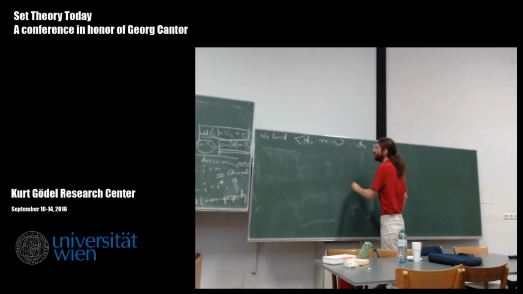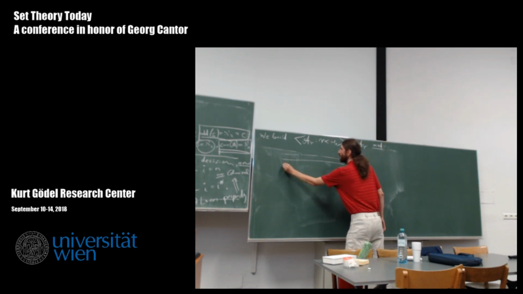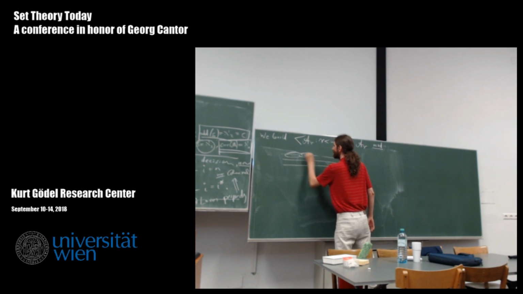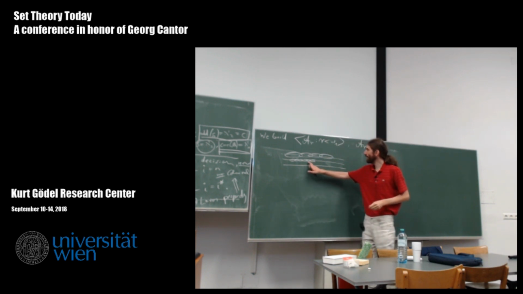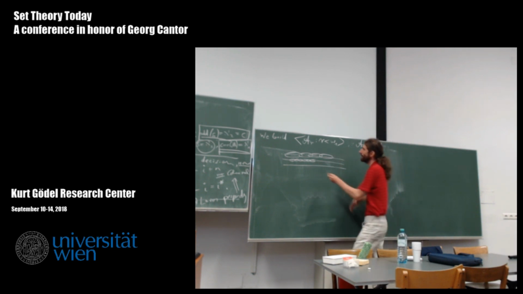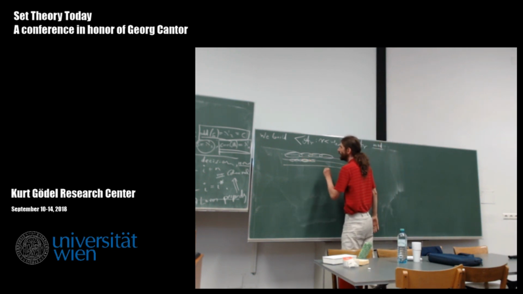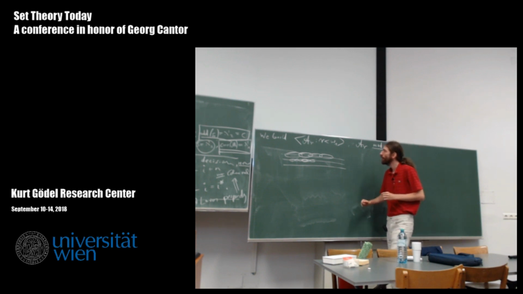And so let me draw a picture. So here's the first one, second one, and so on. So here's a mad family. The next one is like this. So I want to say that they are refining each other. So if you go down in this matrix, then for example, this antichain refines this. This means if you have a set here, that this set is almost included in this one. So this is the refinement property.